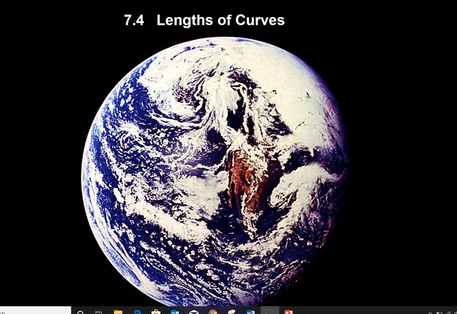Okay, so I've got one more topic on applications of integrations that we're going to take a look at for Chapter 7. So we're going to skip to Section 7.4, and there's two topics we're going to look at in this section, and that's finding the length of a curve or arc length and finding the surface area when we make those rotations. And the videos here are going to start with a little bit of theory into where the